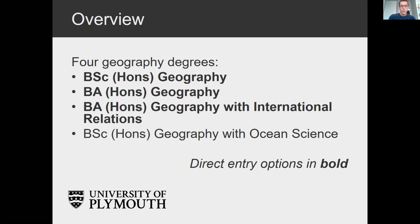So we offer 4 geography degree programmes here at Plymouth. Our single honours programmes, BA and BSc Geography, both have a common first year, so a range of modules and optional choices that students may take. And we open up the flexible option of students being able to switch between BA or BSc Geography as they go throughout their degree programme. So they can sign up to one of these and are not held down to that exact programme throughout their